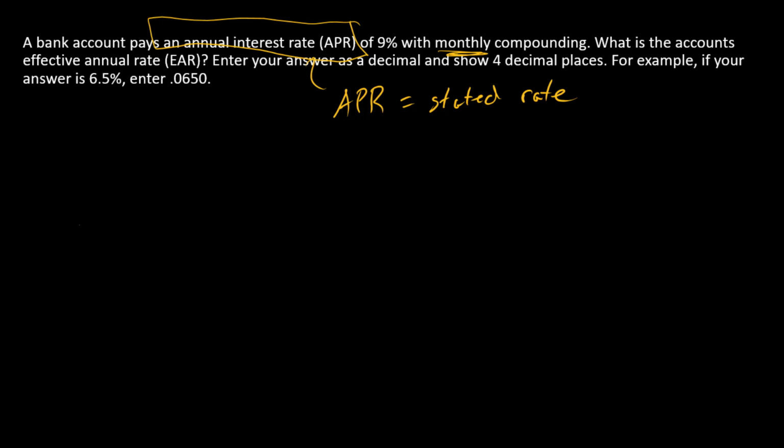The other term here is the effective annual rate, or the EAR. So an EAR is an equivalent rate that will generate the same future value after a year under annual compounding. And so if compounding were annual instead of monthly, the EAR would get us to the same future value after a year. And so the calculation of the EAR looks very much like the calculation of the future value of